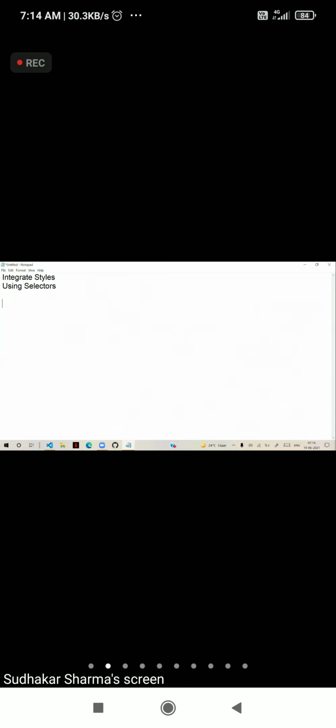A lot of style attributes we already learned on different occasions along with HTML. Now we need to know about the style attributes here.